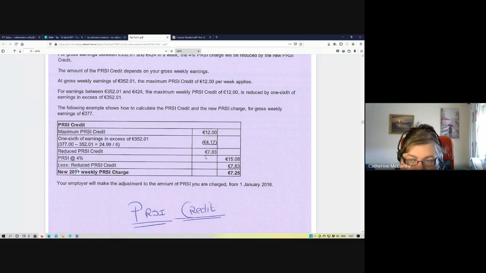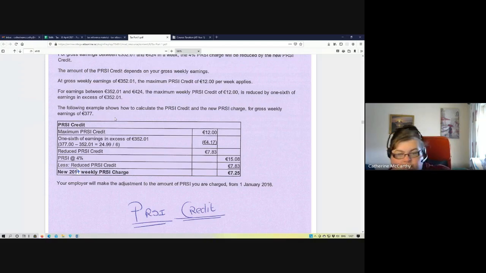So the new PRSI credit that person is entitled to is €7.83. So they should have been paying PRSI of 15.08. They now have a PRSI credit of 7.83. So the new PRSI now will be €7.25. Okay, so it's a PRSI credit for anyone earning between 352.01 and